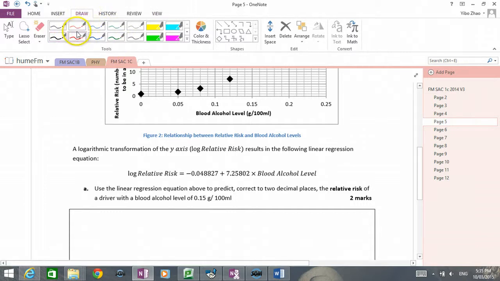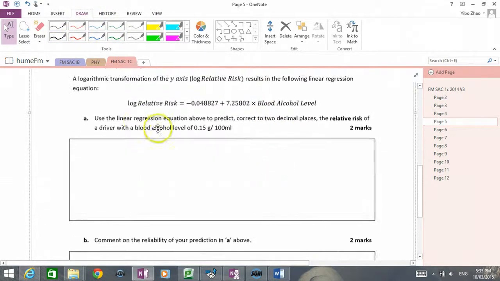Now question A, it asked me to use this line and to find out the risk if the alcohol content of the driver is 0.15. So what we do is I put this value into the equation. 0.15 is the alcohol level. Okay, so I copy down